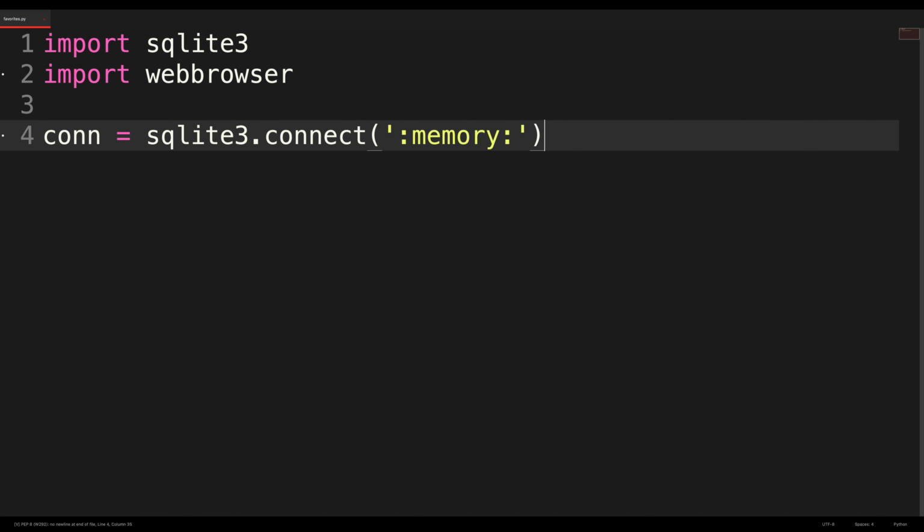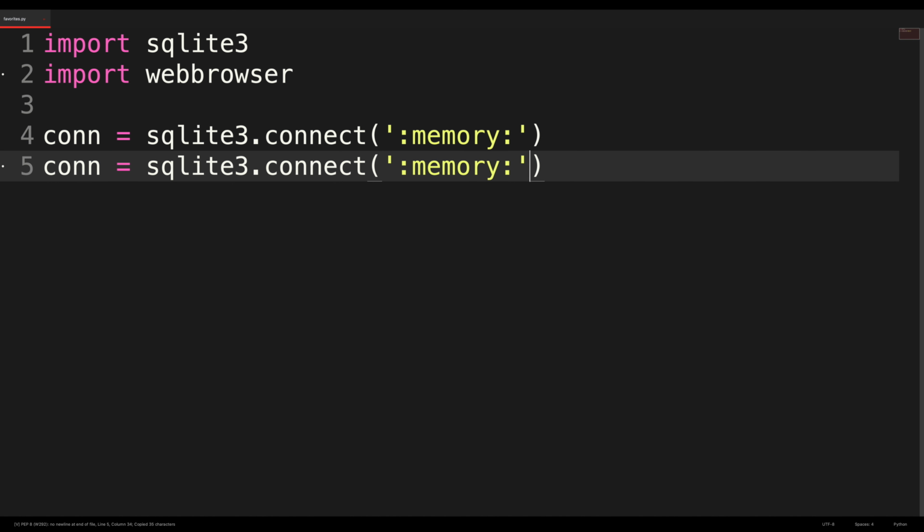Now, the other option, if you actually want to create a database file, you do the same thing. However, instead of saying memory, you give it some database name such as faves.db. So what we'll do is we'll start with the memory database, and then we'll come back and switch to an official database. So when we run this,